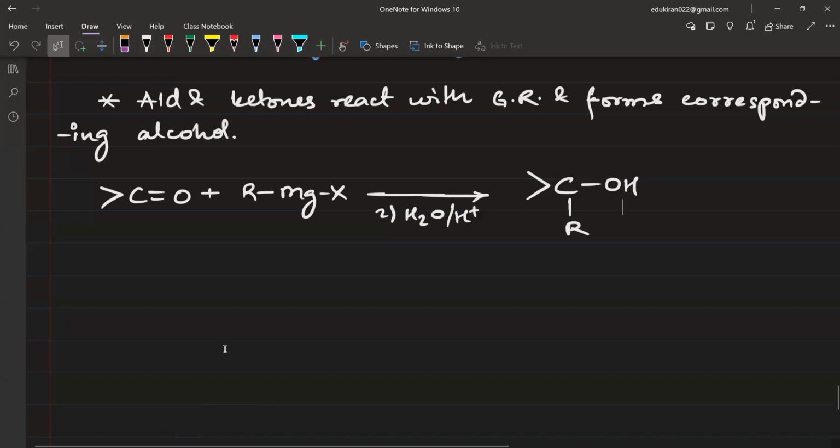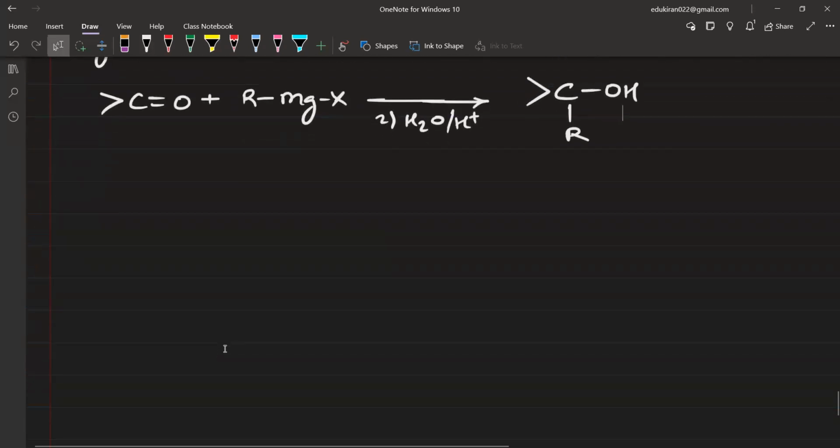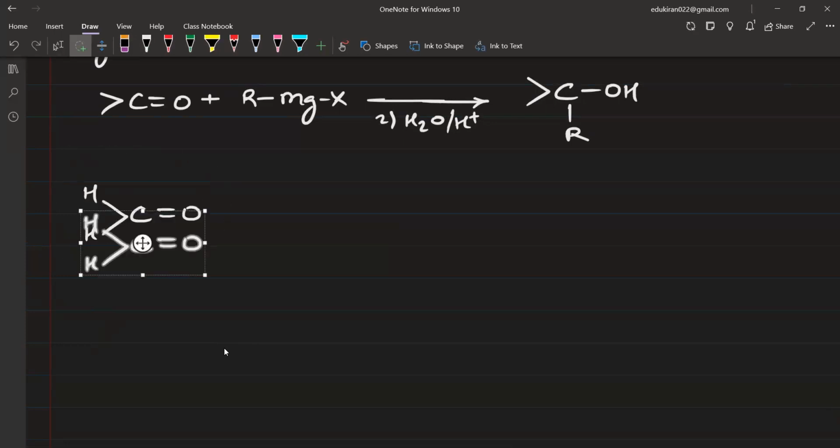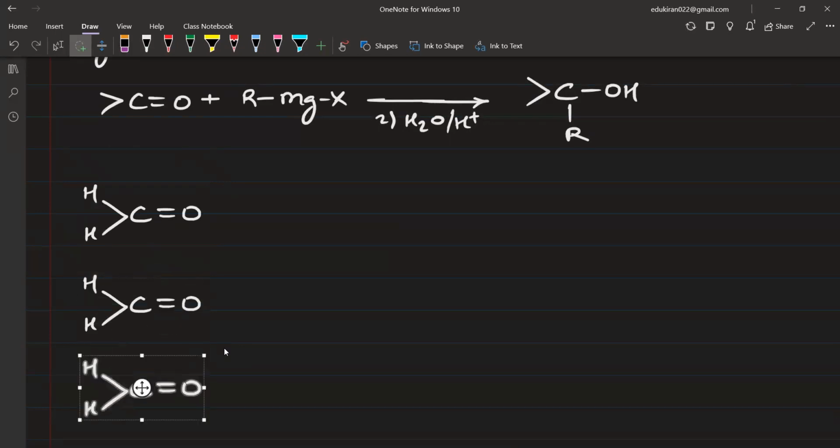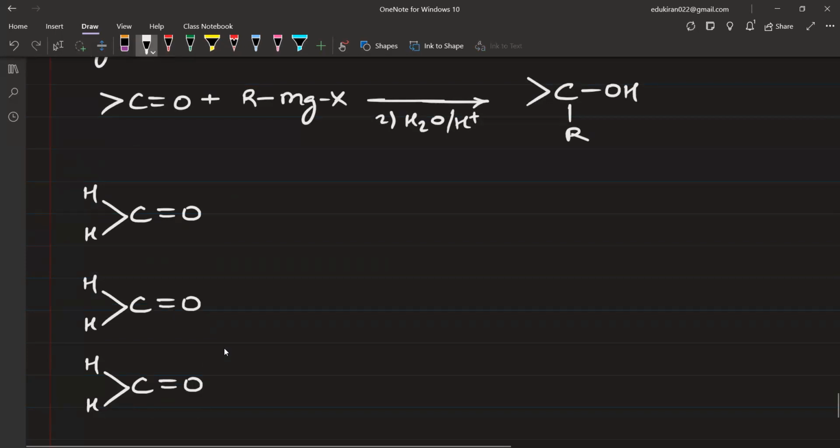I hope you also remember that there are only three cases which can be formed. You can either have H carbon H and H double bond O, or you can have these groups as, wait a second, let me just copy this. Okay, and if I react this,